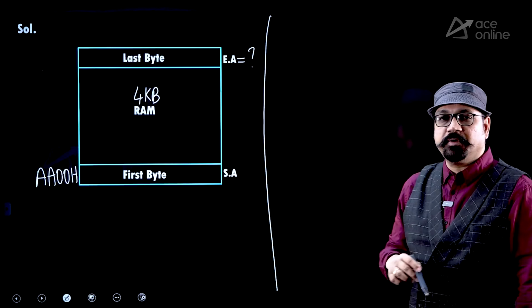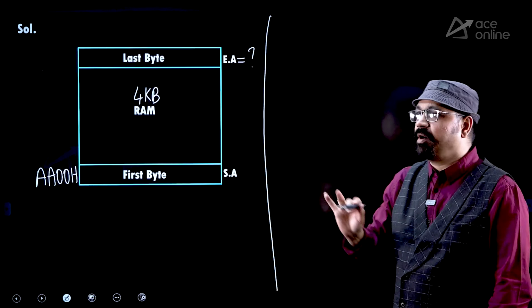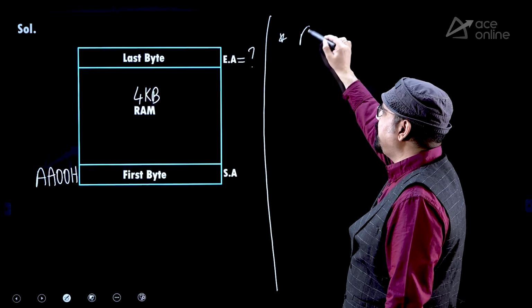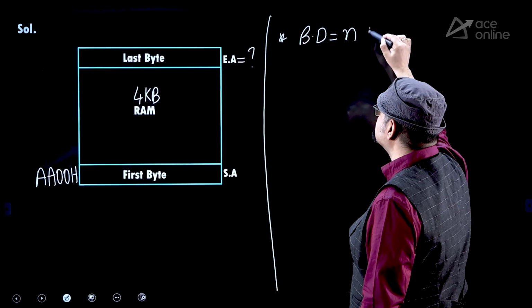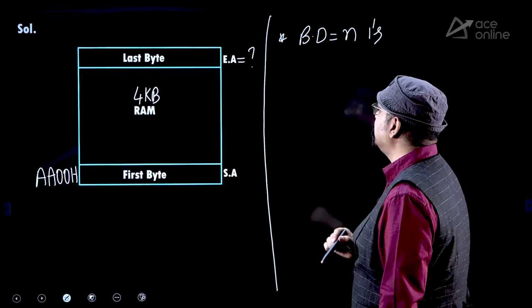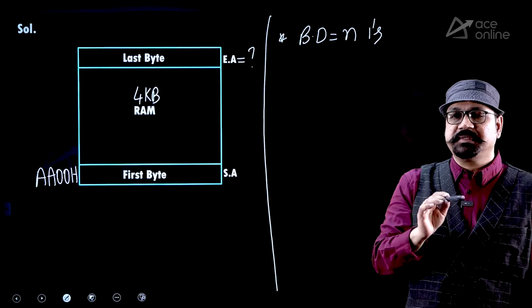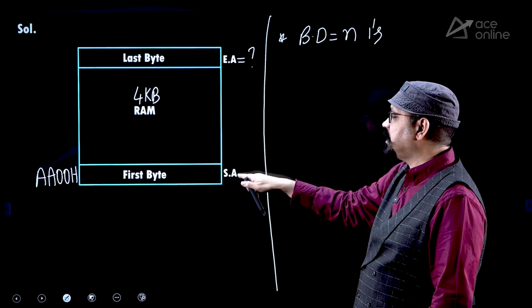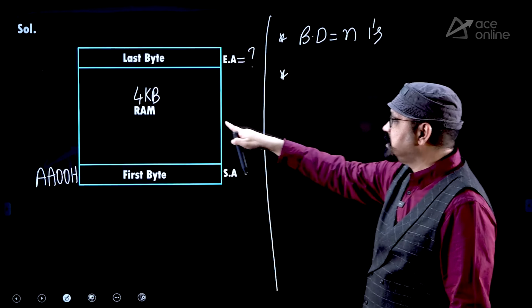Now, how are you going to find out the byte difference? I normally tell you a trick in the classroom, not a formula. Byte difference can also be calculated as n ones, where n is the number of address lines of that memory. Trick, not a direct formula. Byte difference is basically end address minus starting address. This is another way. So, we will try to calculate how many address lines there are for this